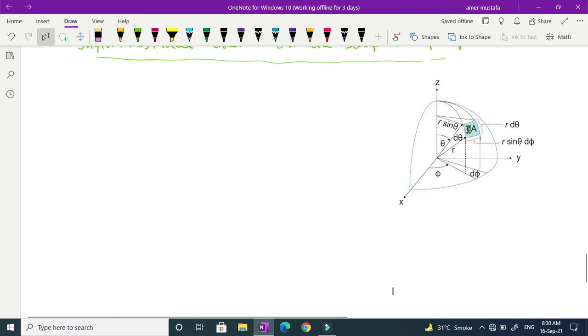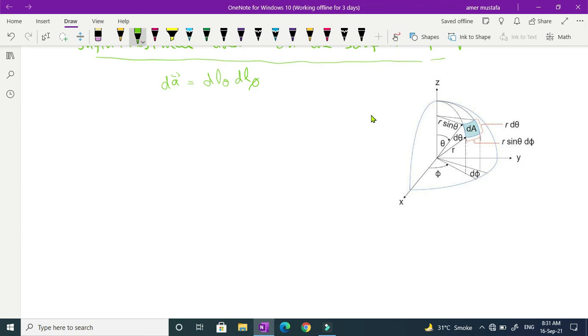So the infinitesimal area on the surface of the sphere is the product of these two lengths which are changing coordinates. So dA is the product of dl theta into dl phi,